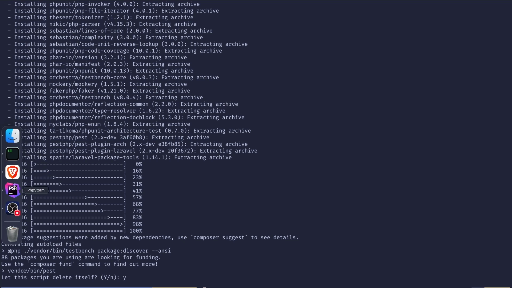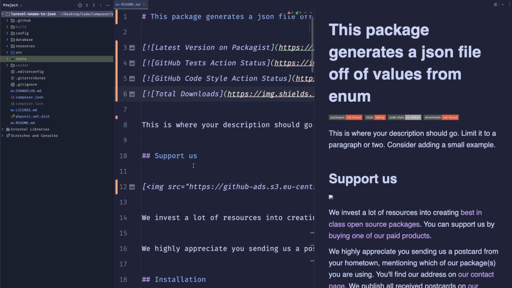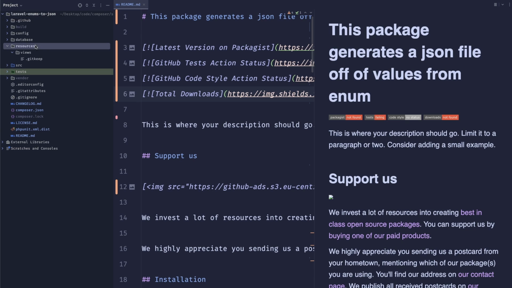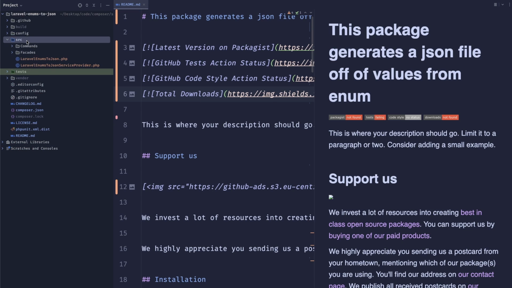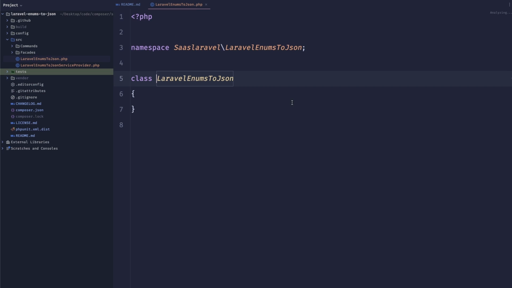So let's just open it in our editor. What we can see here is basically a starter that the Spatie team has come up with. So let's just use it. And what our package should do is basically, let me just open some code. We don't need any views, we don't need database, so we need config, and then in our src, probably don't need that, but